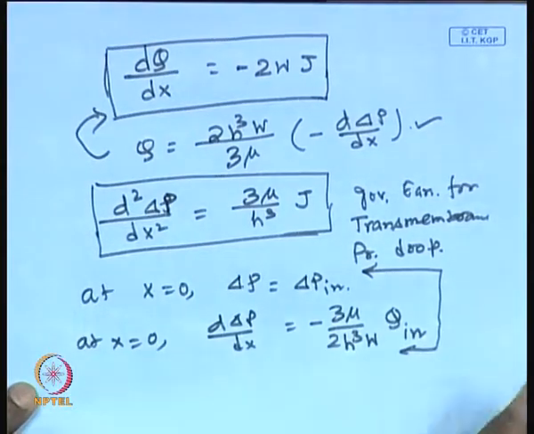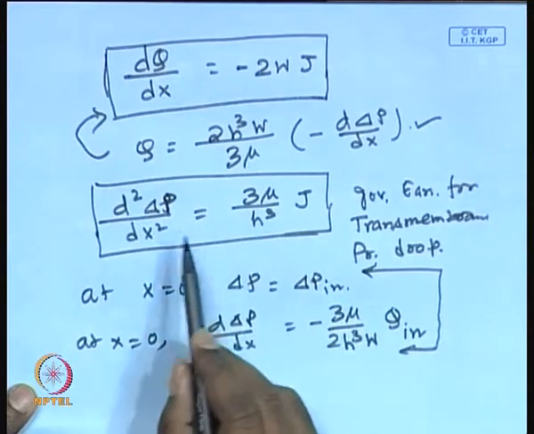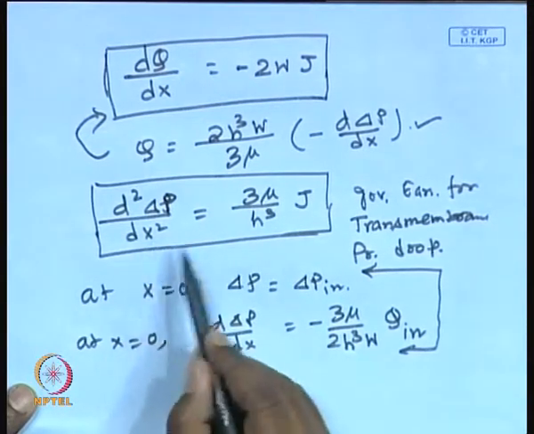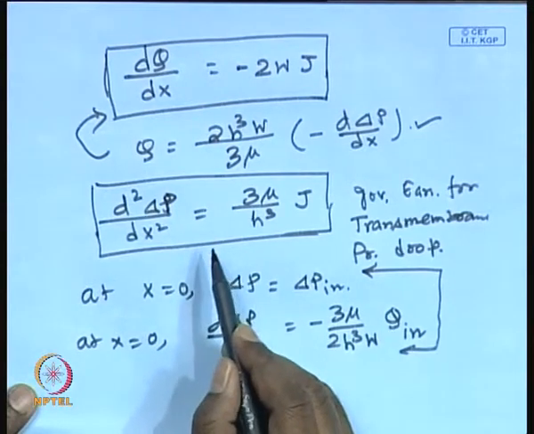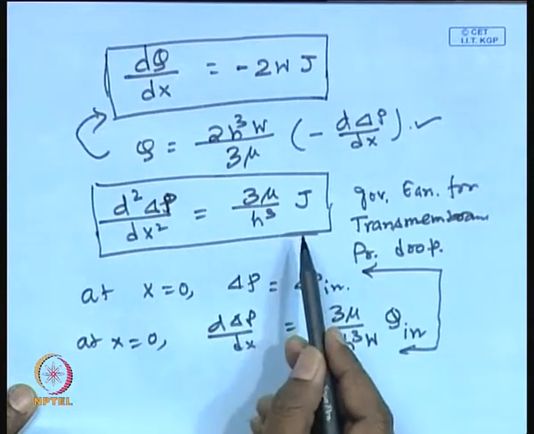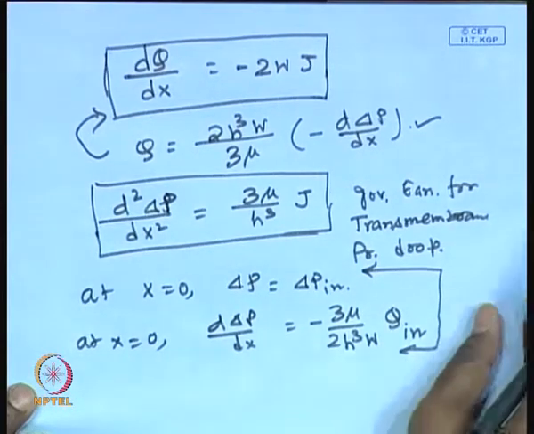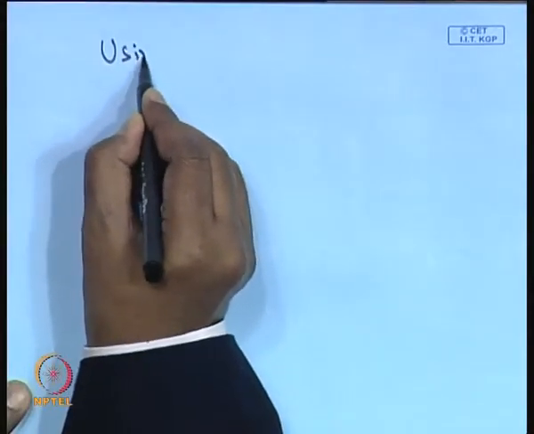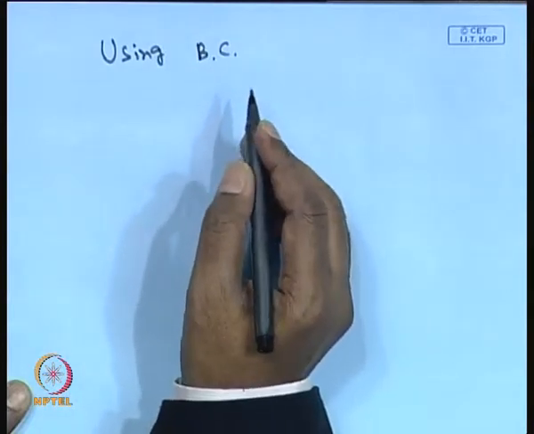As we have discussed earlier, since the right hand side is totally constant in this particular case, the pressure drop profile will be a linear one. After one integration it becomes linear, and after the second integration it becomes quadratic. So, finally, you will be getting a quadratic pressure drop expression. And if you really solve that using the boundary conditions, you will be getting